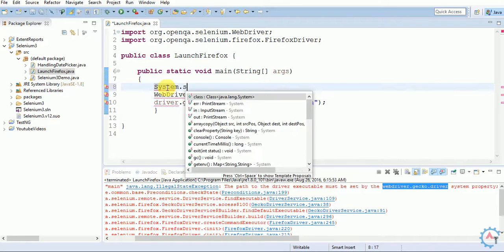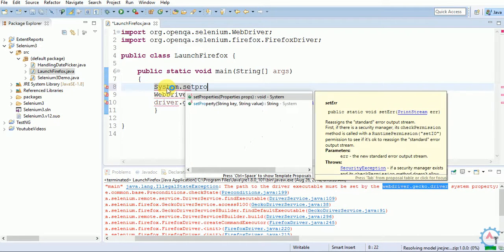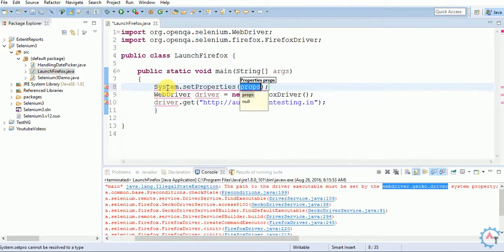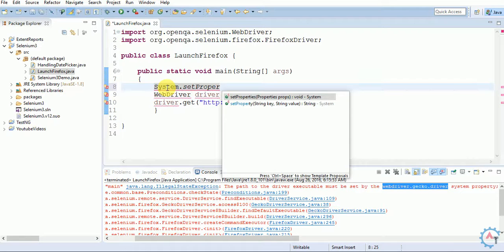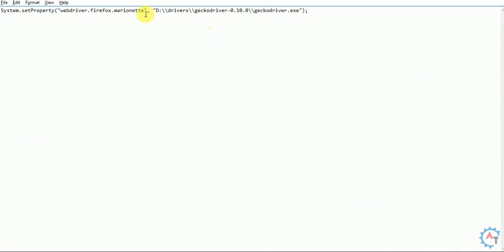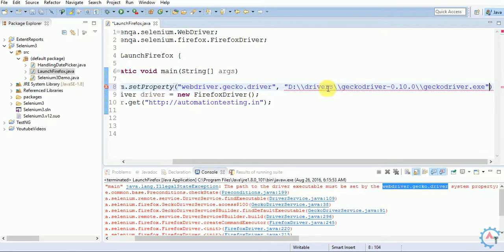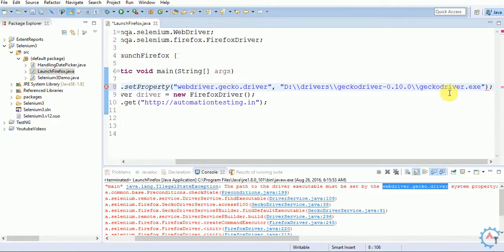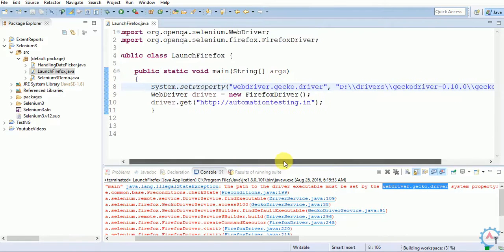Now we will do the same thing. System.setProperty. You have this as a key, and I have the gecko driver in the D drive of my machine. This is how you should do it.